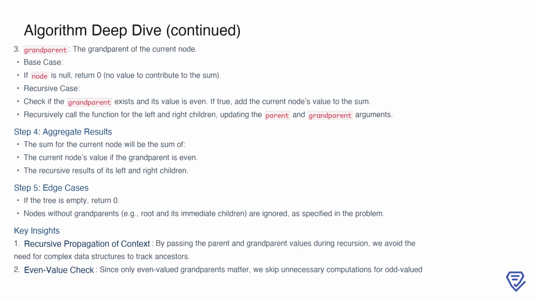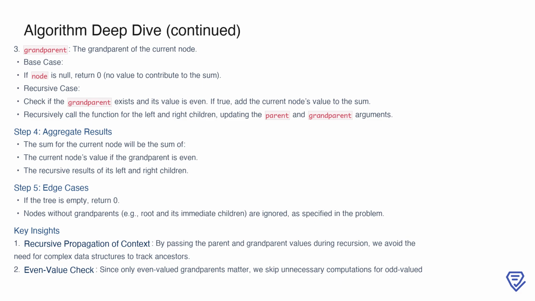This way, each child node gets the correct context about its parent and grandparent. To calculate the result for each node, we combine the value of the current node, if applicable, with the sums returned from its left and right subtrees. This aggregation ensures that every node in the tree is processed appropriately, contributing to the final result if its grandparent